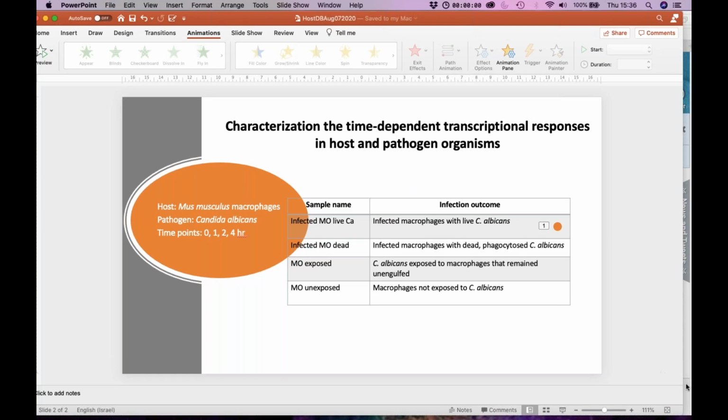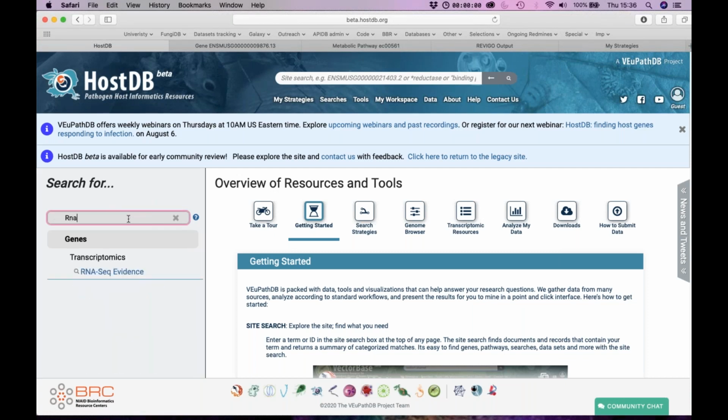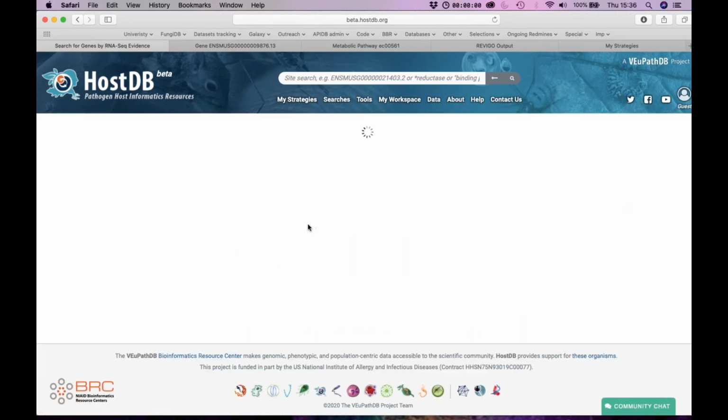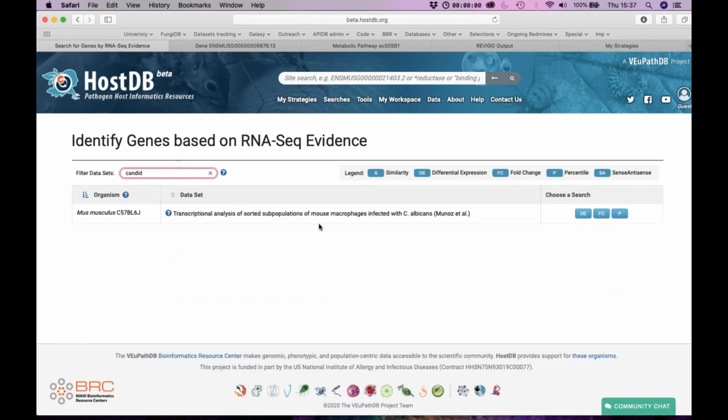So let's go ahead and navigate to the HostDB site and find the data set that I'm interested in demoing to you today. To identify the RNA-seq evidence, you can simply search the filter at the top and navigate to the RNA-seq dataset page. If you know the dataset that you would like to look at, you just click on one of the buttons, and these are the different types of analysis that we made available to interrogate the RNA-seq evidence. I'm going to search for a Candida dataset and click on the fold change